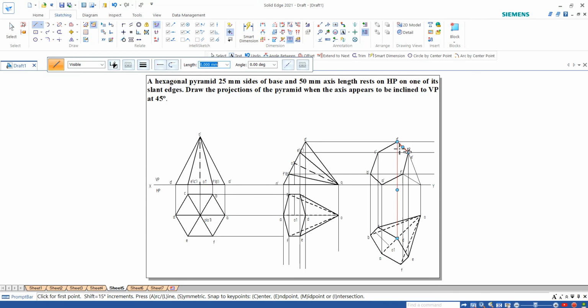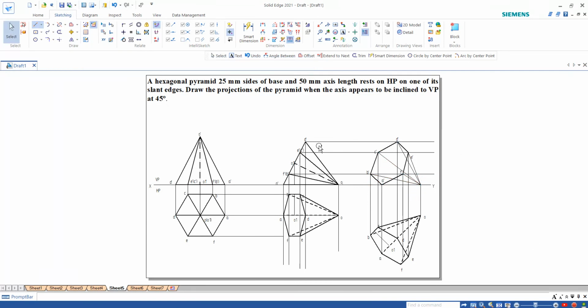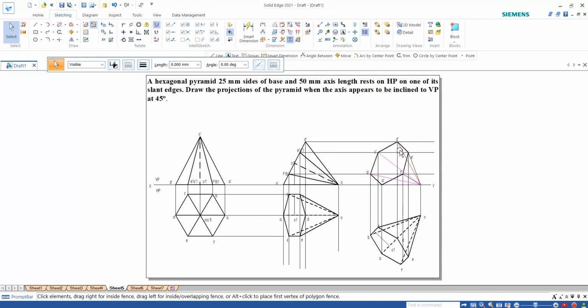I'm going to join. Now when I'm going to join D to O, C to O, and B to O, which are going inside. So let me show that. The lines which are going inside, 1, 2, 3, I'm going to make as dotted lines, and the other lines which I want to select now, which are going outside, that will be visible, I'm going to make as 0.5. And left out is your axis point.